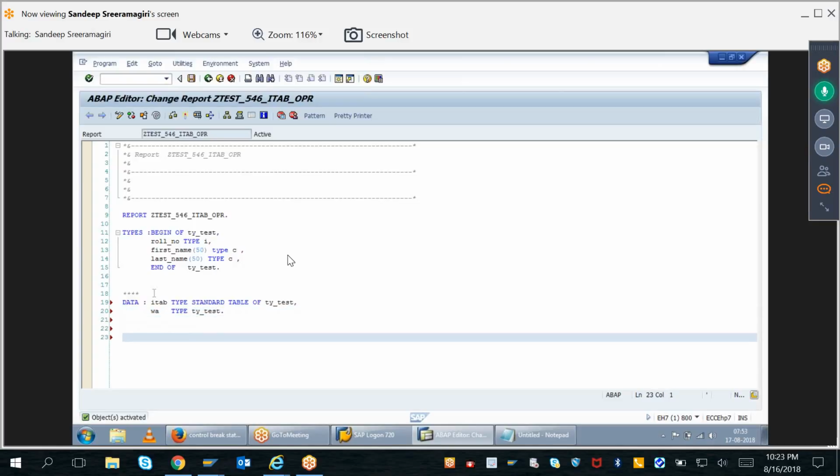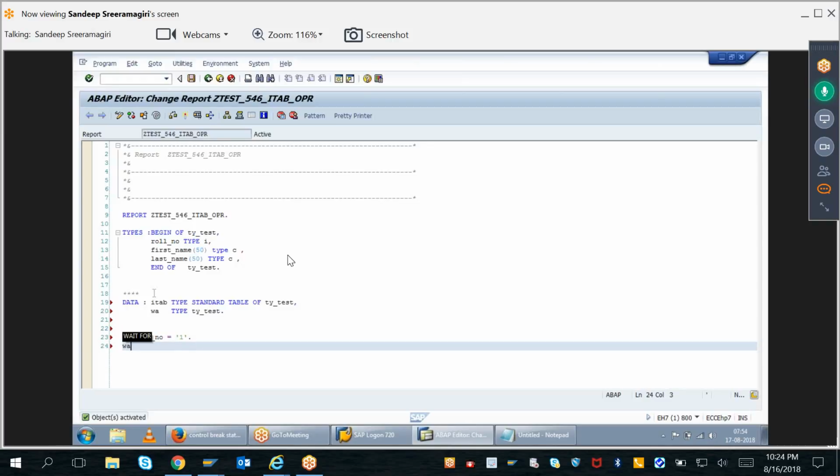Now tell me, if I want to push records, how do I have to do it? Not every time do we get the data from select queries. We can even push the data from the work area to the internal table. For that, I have to just populate the data in the work area. Work area hyphen first name is equal to